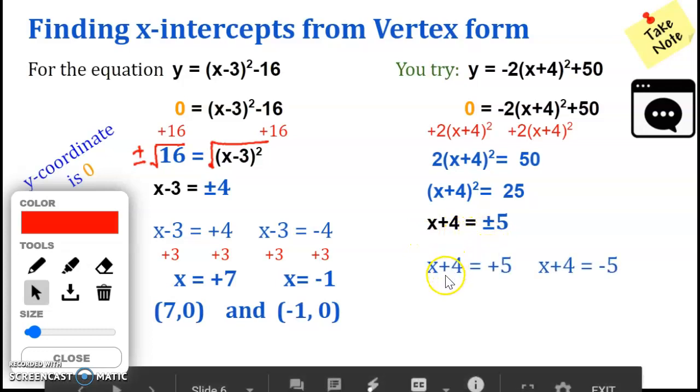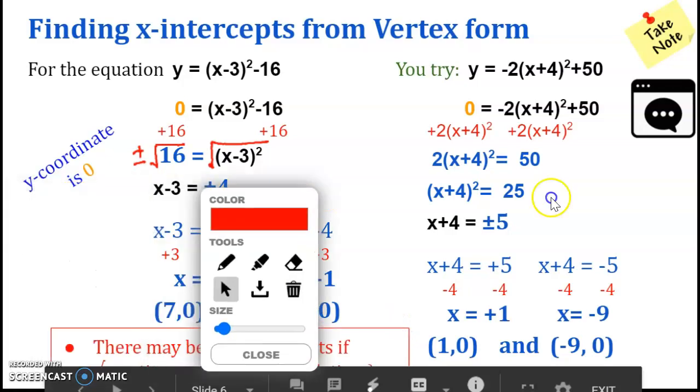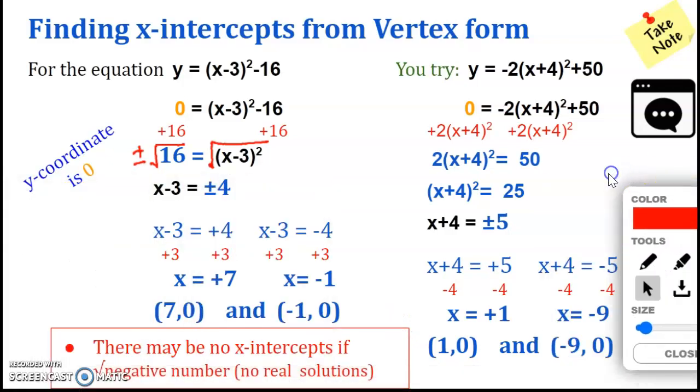And you have two separate equations, and therefore you find your x is equal to 1 or x is equal to negative 9. So here are the two coordinates for the x-intercepts. But keep in mind that sometimes you're not going to have the x-intercept